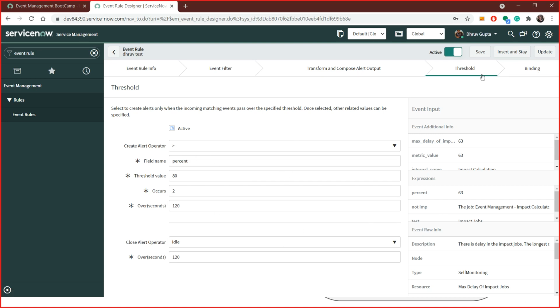Dhruv, I have one follow-up question for the same thing. Suppose I have kept it as two. As per my understanding, this is the number of events you want for this particular rule, like the process capacity, if I'm not wrong. In 120 seconds, this rule will be processing two occurrences only for that condition, right? If I get two occurrences that say I have consumed more than 80% in a time span of 2 minutes, then it would be processed further. If it is less than 2, it wouldn't be processed forward.